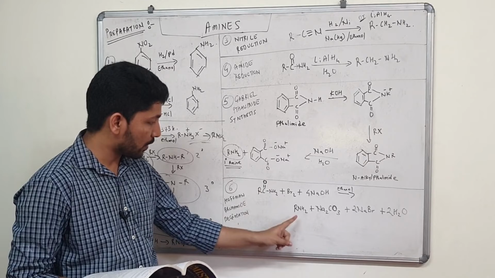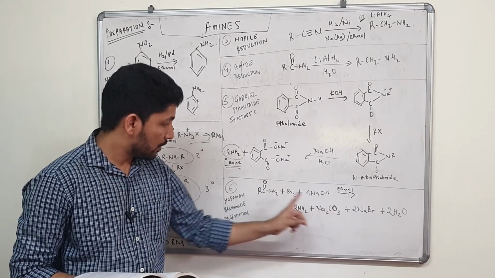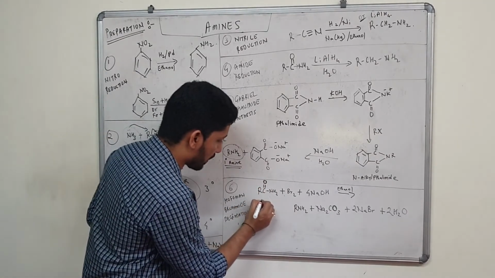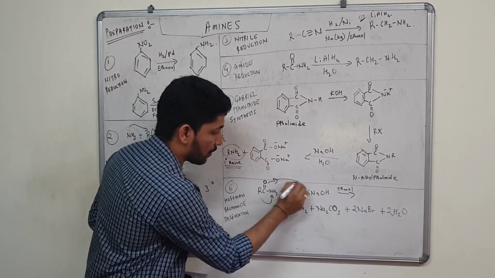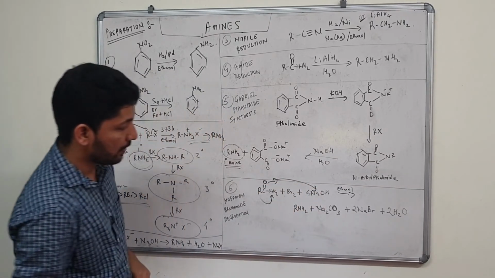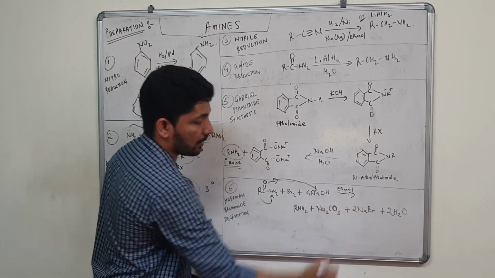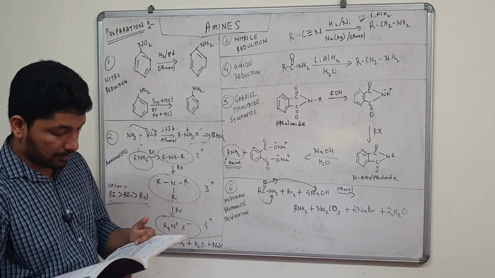So can you see the shifting, what has happened over here? This carbonyl group has gone out, and R has shifted to N. So I can show an arrow over here. R has shifted to N and CO has gone out. It has literally gone out with Na. Did you understand? So you get a primary amine, Na2CO3, NaBr and H2O. This is also a method to prepare primary amine.